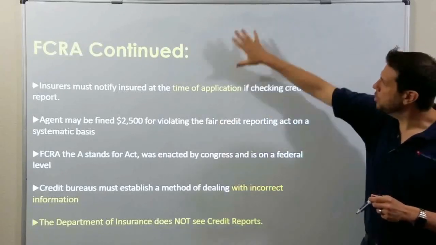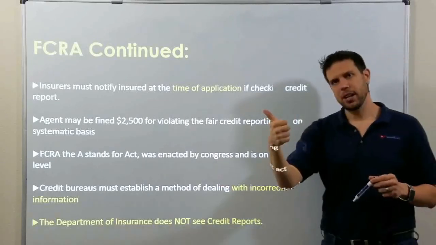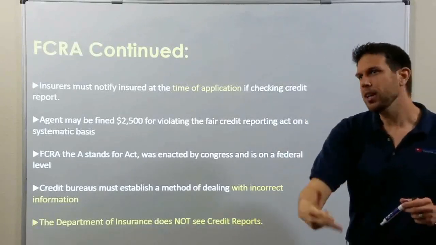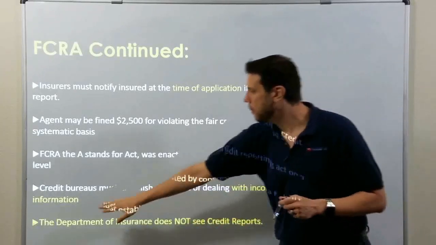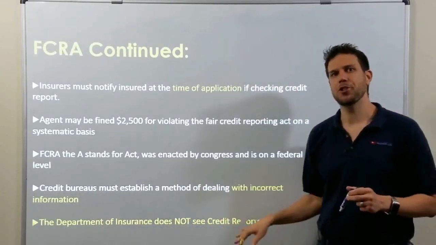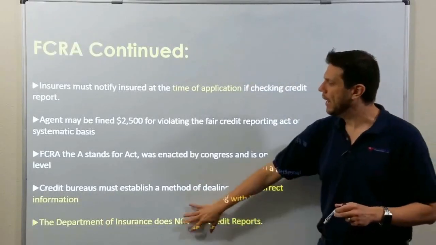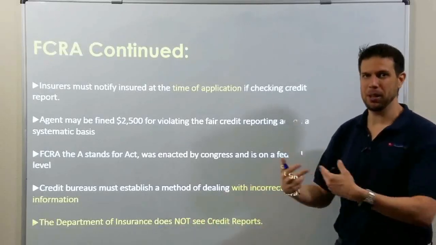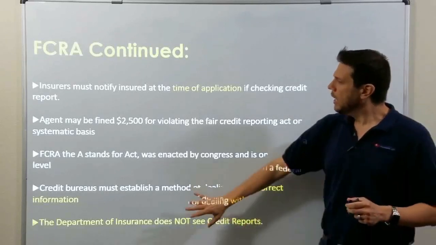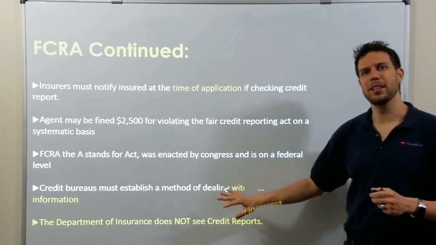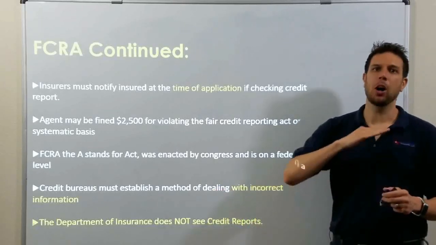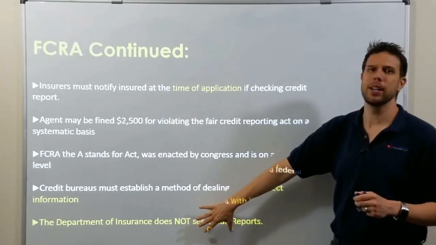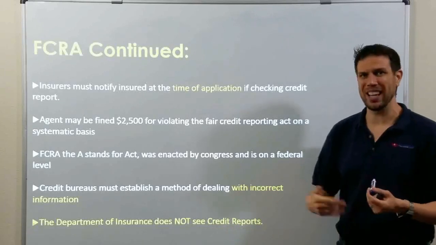When the insurance companies do these credit reports, the underwriter will see it. Sometimes they'll send it down to the agent so we can explain it to the customer. But we never send these credit reports to the Department of Insurance. The Department of Insurance is the regulatory body that handles insurance matters. They don't check people's credit. That's the insurance company's job, the underwriter and the producer's job. If we ever do send information to the Department of Insurance, we have to remove all personal information. That would only happen if there was an inquiry on insurance fraud or something like that, where stolen identity.